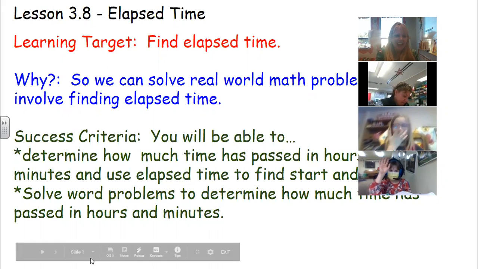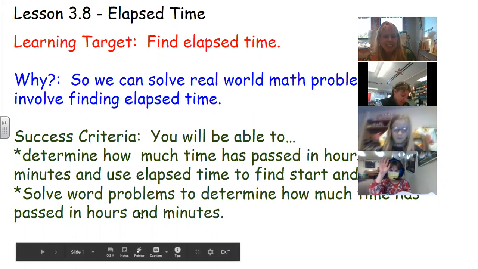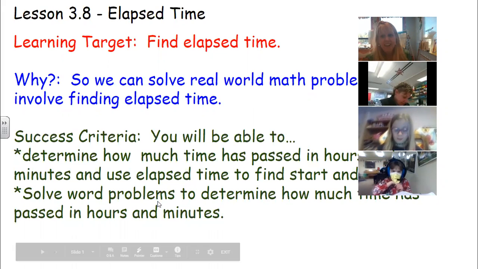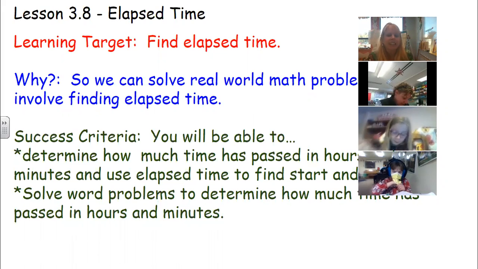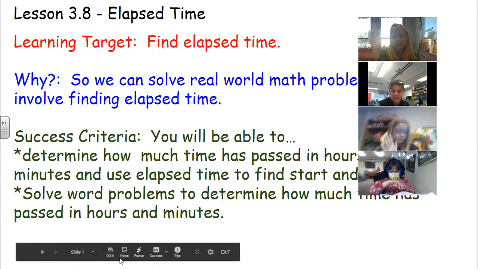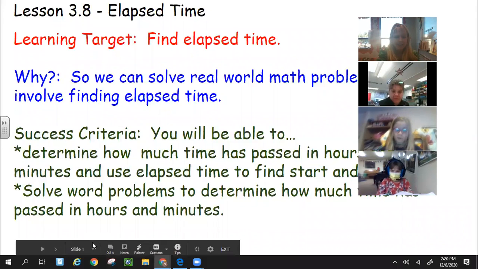So great. All right. Our success criteria is you'll be able to determine how much time has passed in hours and minutes and use elapsed time to find the start and end time. That's a lot, but it's not as scary as it sounds. You guys did great yesterday, and I think you'll do great today. We're also going to solve word problems that determine how much time has passed in hours and minutes. All right, so